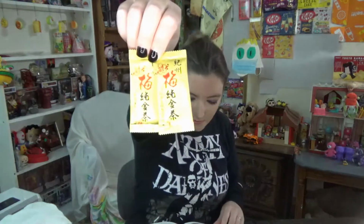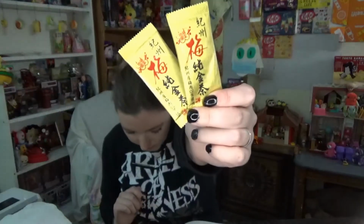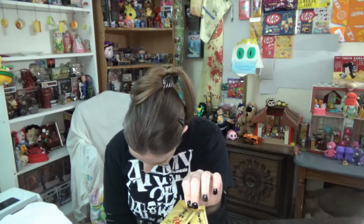This is two of something. This is tea. I don't know if you get tea in every Sakuraco, but it's looking like you do. Gold plum tea. A sweet and sour plum tea featuring beautiful